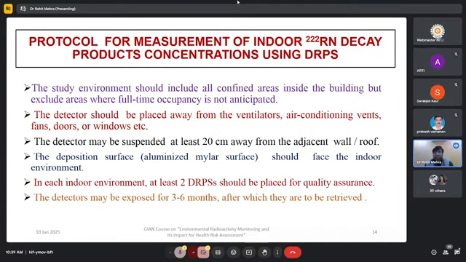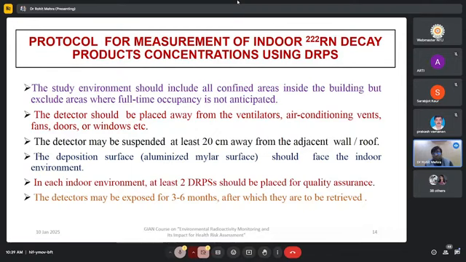And another, we have already discussed that the detector could be exposed for 3 months, 4 months, 5 months, 6 months. It depends, because some of the regions are like, if you want to place your detector in the Ladakh region, sometimes for 6 months you can't go there. So you could place those detectors for 2 seasons only. So that is the choice of the area also, that is the availability of your dwellings or the areas also. And the retrieval rate is very less also.